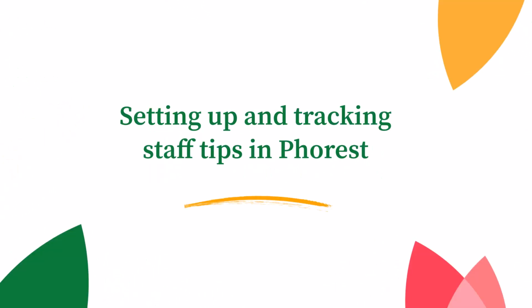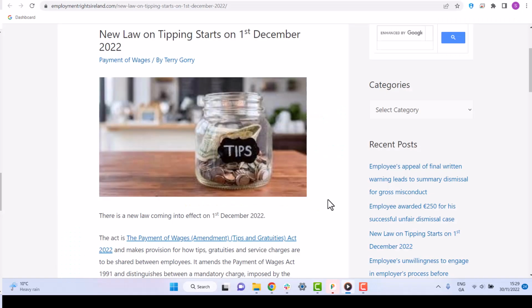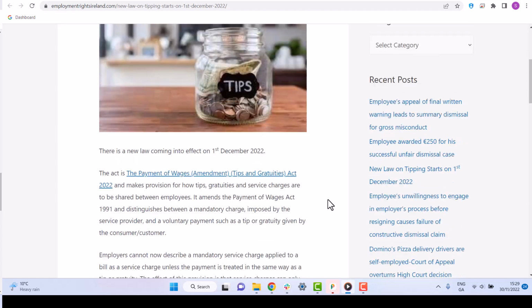As of December 1st, 2022, a new law is coming into effect in Ireland, which makes provision for how tips, gratuities, and service charges are to be shared between employees. The law requires that employers must give a statement to employees showing how the tips have been distributed within 10